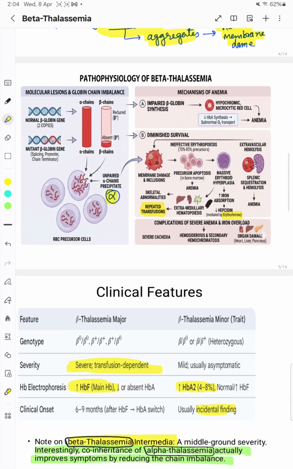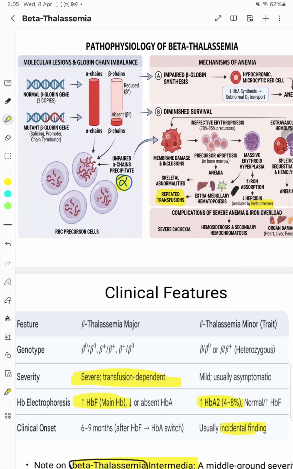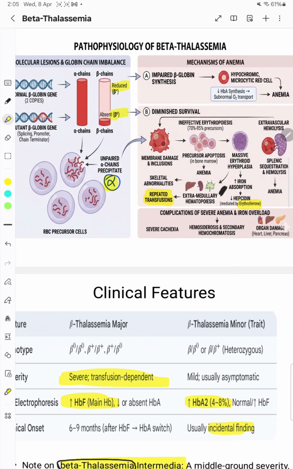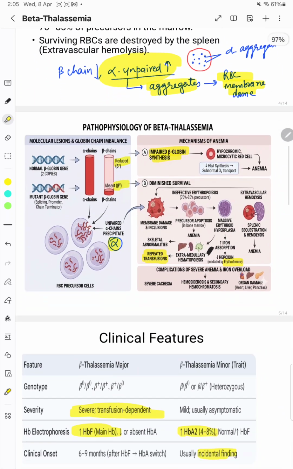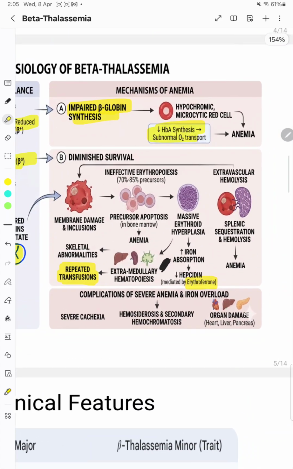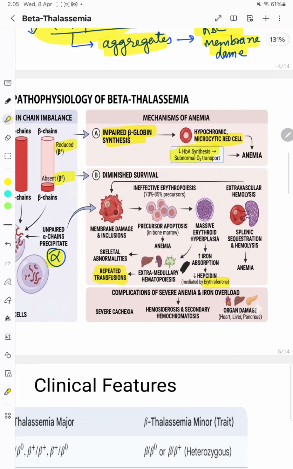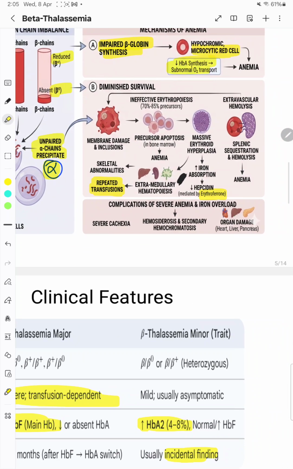Now, as we have discussed the pathophysiology, which is depicted in this diagram, alpha is normal and beta chain is reduced or absent. So impaired beta globin synthesis will result in decreased HbA synthesis and development of microcytic hypochromic anemia. Another mechanism is that unpaired alpha globin chains cause damage to the RBC membrane or red blood cell precursors in the